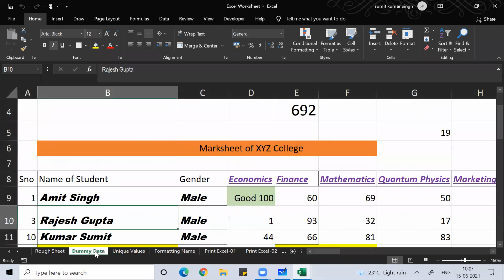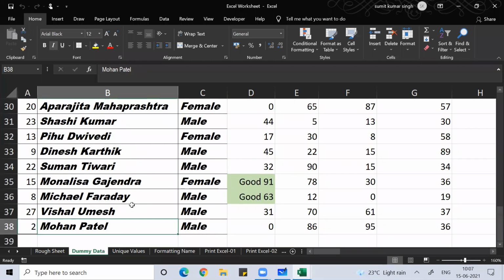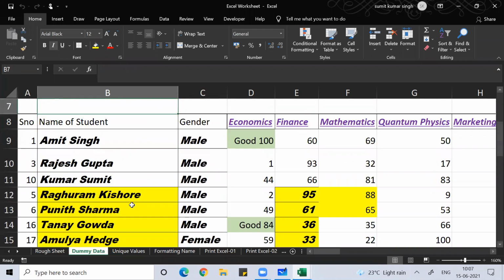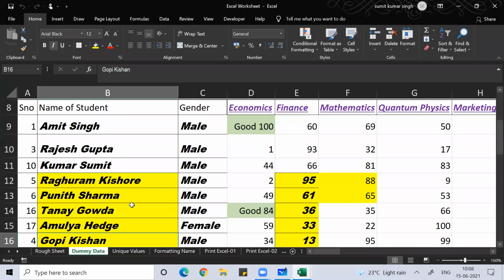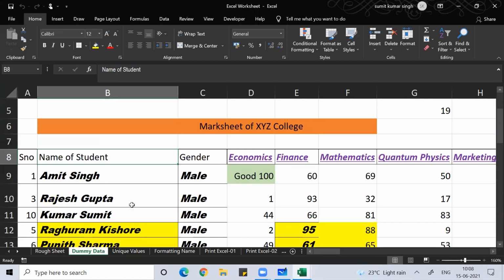Now coming back here, I requested all of you to put some 30 dummy names, and I believe you have done that. Here you can see these names, but some names and subjects are under some color. I want to erase those colors.